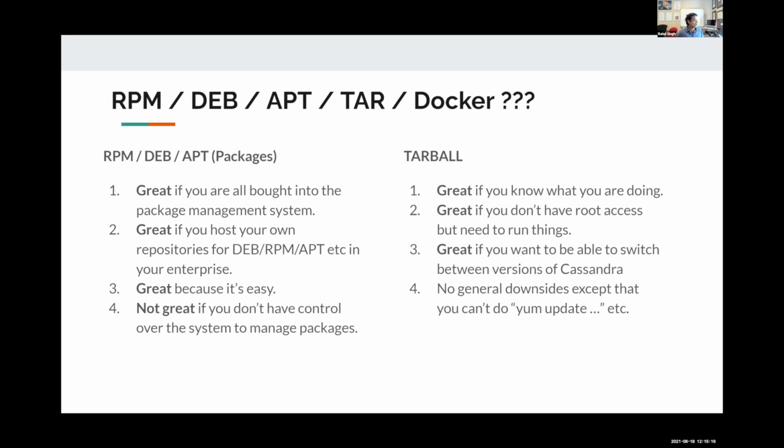So I have nothing against package installations. It's great, again, if you're all bought into the package management system, especially if you have an enterprise, you may have your own Yum, RPM, or Debian repositories on something like Nexus. And that's great because you can control the packages that way, right? And it's easy. Installing Cassandra using apt or Yum is fairly easy. You don't have control over essentially where the things go, but